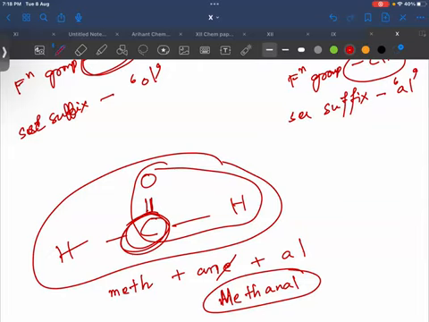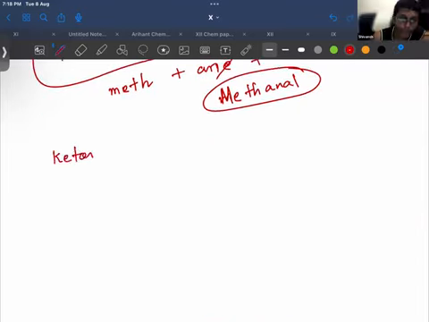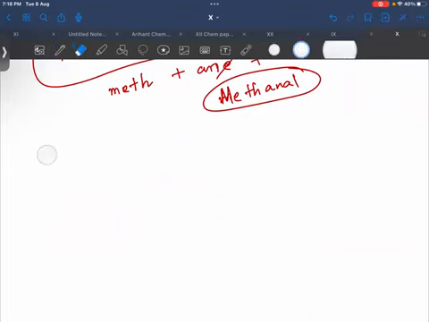Next, you write down ketones. I don't know whether these things are there in your syllabus. Take a look. 2 minutes. Yeah. Next, the family name is